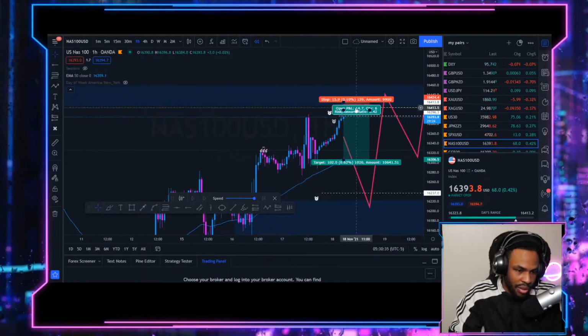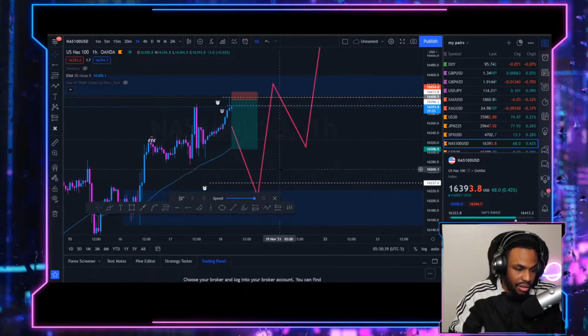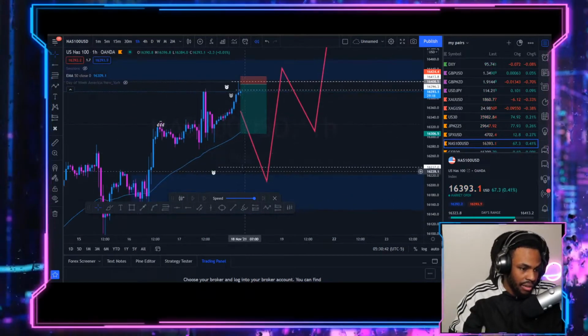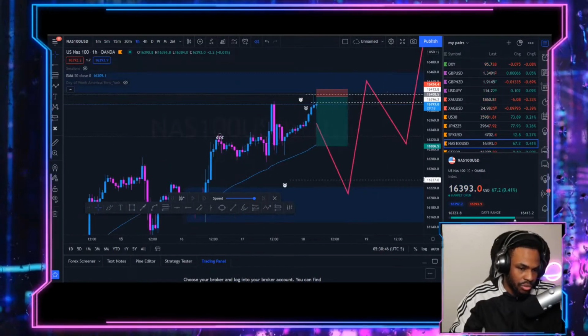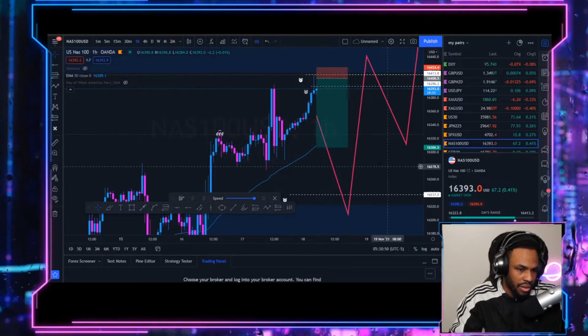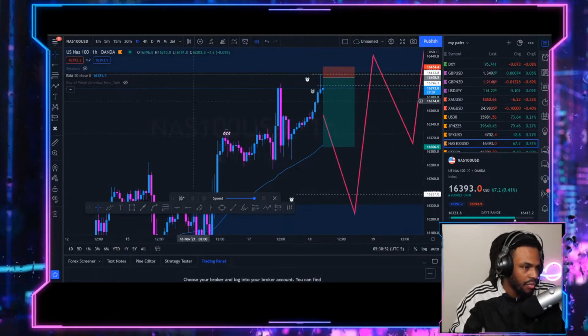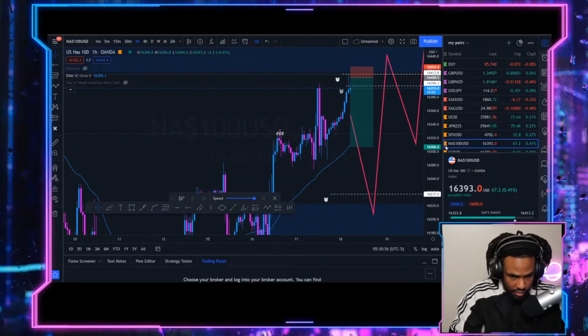Came and stopped them out, took that liquidity, and I'm targeting down here, although I believe it can go all the way down here. I'm just targeting here. I have 2 positions. There are 2 lots, I believe, on Nasdaq, so it should pay me about $2,000 per position, so I should be sitting at like a 4% increase on just that trade. So that's what we have running on Nasdaq